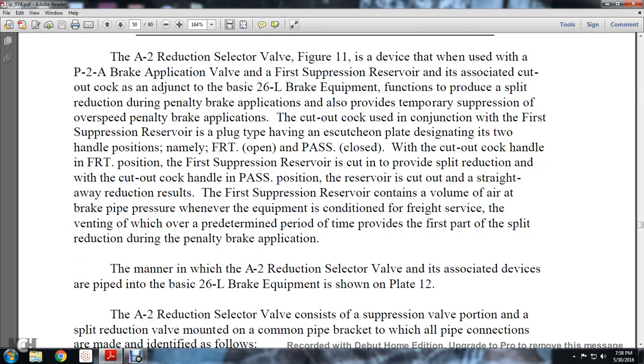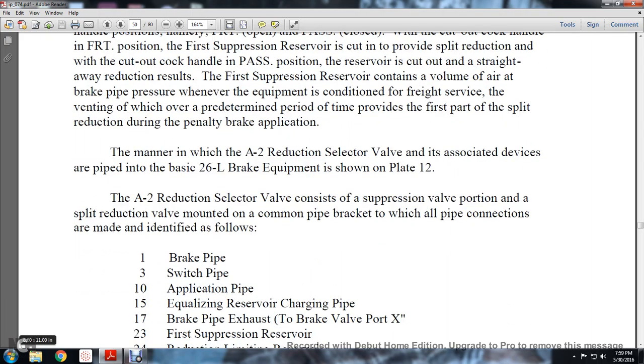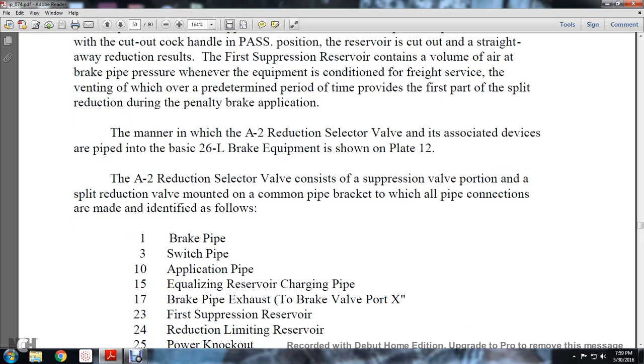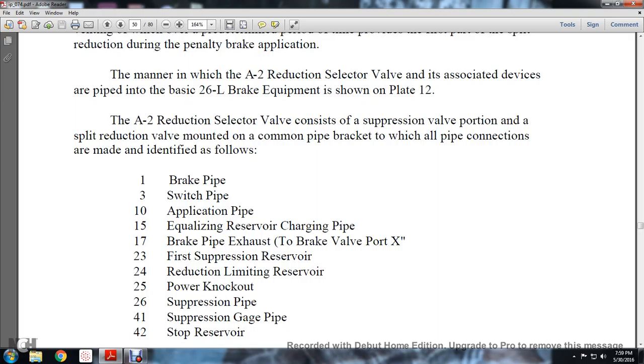The manner in which the A2 reduction selector valve and associated devices are piped in the 26L brake equipment is shown in plate 12. The A2 reduction selector valve consists of the suppression valve portion and the split reduction valve portion mounted on a common pipe bracket to which all the pipe connections are made and identified as follows: brake pipe, switch pipe, application pipe, equalizing reservoir charging pipe, charging pipe, brake pipe exhaust pipe, port brake valve, port X, first suppression reserve, reduction limiting reserve, 25 the power knockout, 26 the suppression pipe, 41 the suppression gauge pipe,